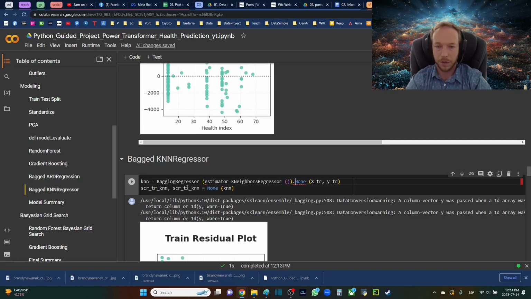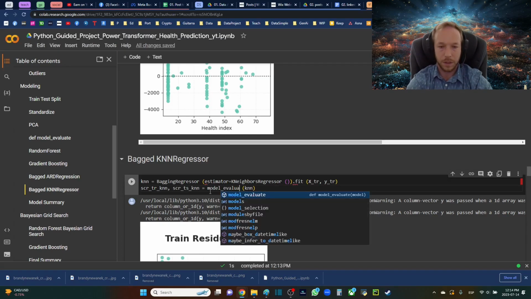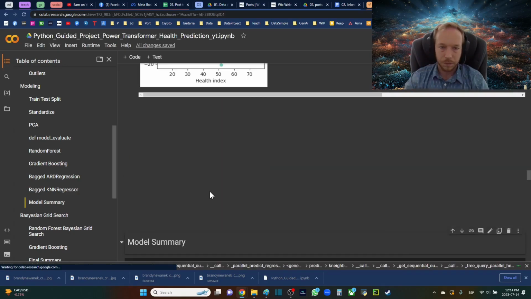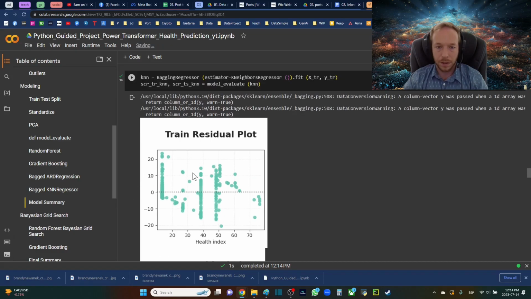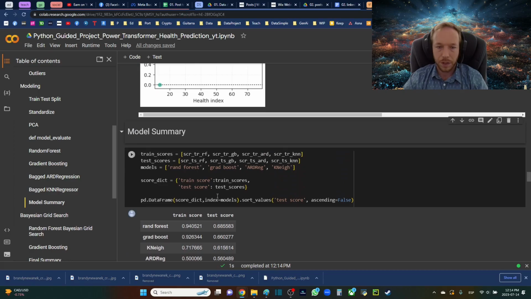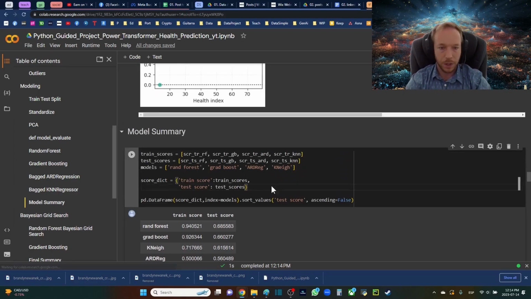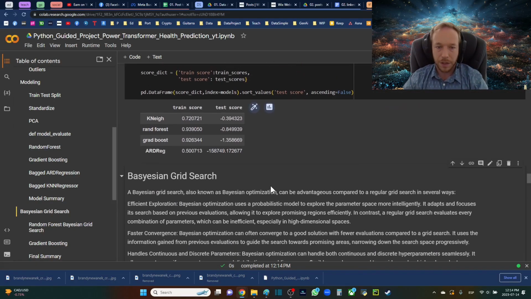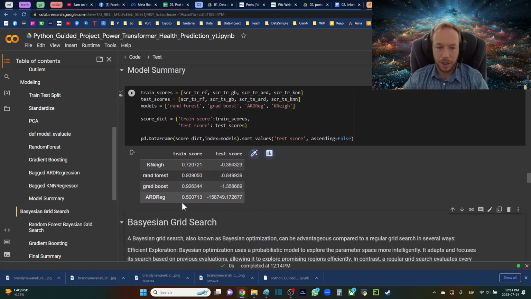Okay, we're going to fit with that, and we're going to give this to the model. See, you make quite a few mistakes, right? So we're going through that. Then I'm just putting this all into a summary data frame right here. We can see our ARD just did not do very well this time. It looked a little bit better, I think, from before, but you can see here